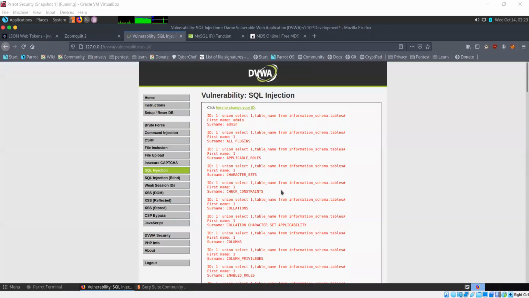SQL injection is something that you need to practice in DVWA. Only then will you get the hang of it. If you have any questions, you can ask. In the next session, I'll begin the next module.